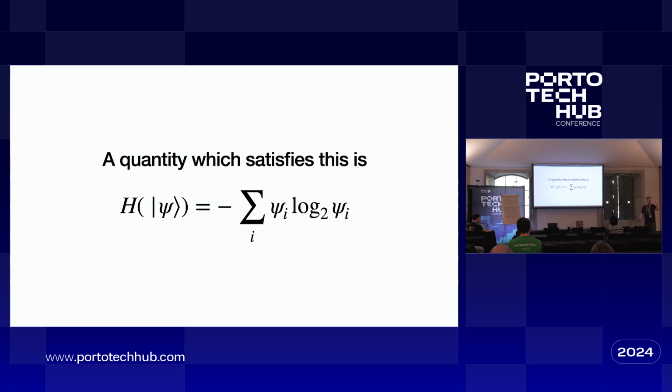The only reason is because it satisfies those properties I just said, okay? We'll see in a sec. But essentially, logarithms turn multiplication into addition, and that is the reason a log comes up. If you think about combining two systems, this one has 4 possible configurations, and this one has 8 possible configurations, and the possible configurations of the combined system is 4 times 8, right? So it's multiplicative. If we want to turn that into something additive, we take the log, and we get 2 plus 3, okay? That's the only reason. That's where the definition comes from as far as I'm concerned.